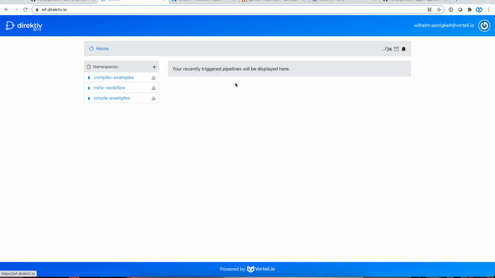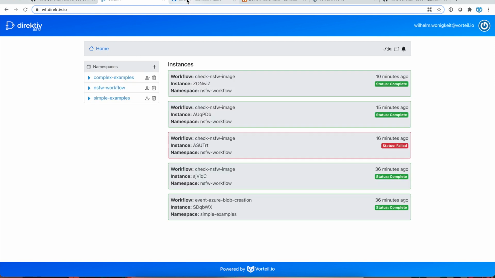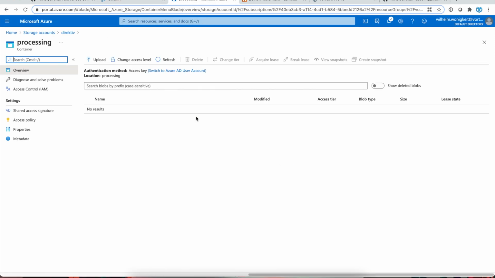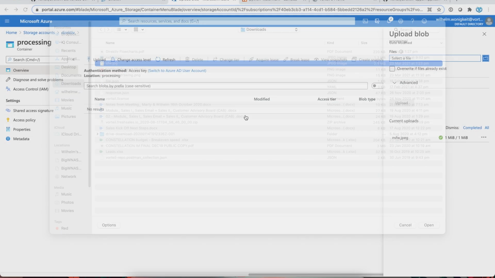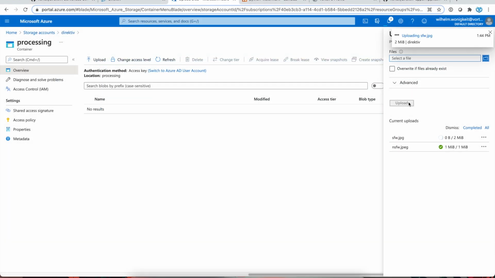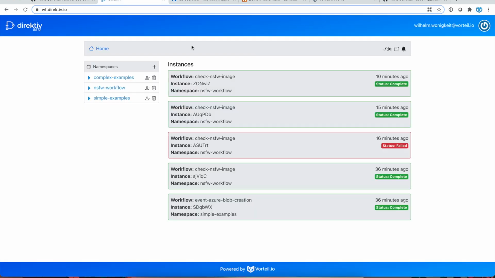So if we go back and trigger this workflow, we're obviously going to start with a safe for work image, because that's the one we can show afterwards. So we have a safe for work image there, and we'll upload this. At this point it gets uploaded. Azure will send an event through to Direktiv, which will kick off the workflow, and what we can do is have a look,